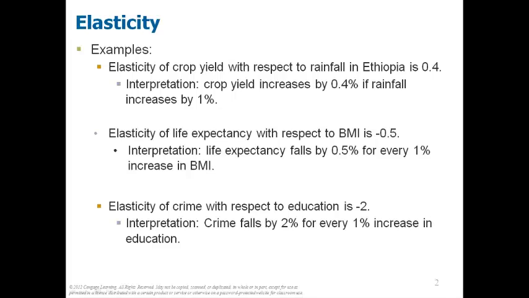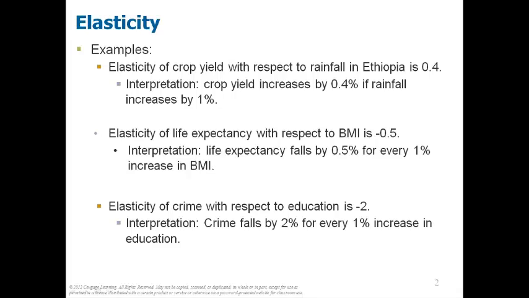Or another example, the elasticity of life expectancy with respect to the body mass index. We all know that if you become too overweight, that will create health problems, right? But how risky is it to eat that next cheeseburger? Well, here's a measurement that gives you some concrete information that explains how risky that behavior is. The elasticity of life expectancy with respect to BMI is negative 0.5. So here we have a negative relationship indicating that when your body mass index goes up, your life expectancy goes